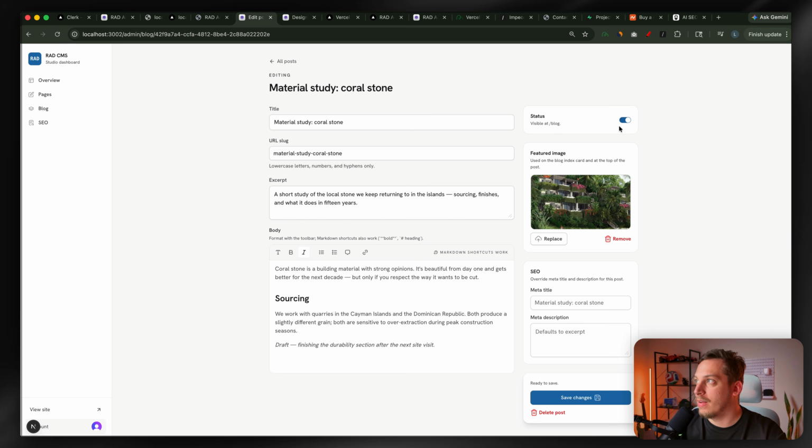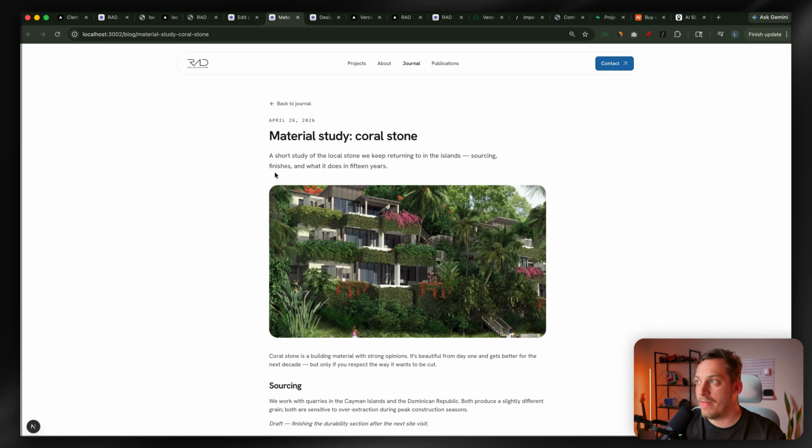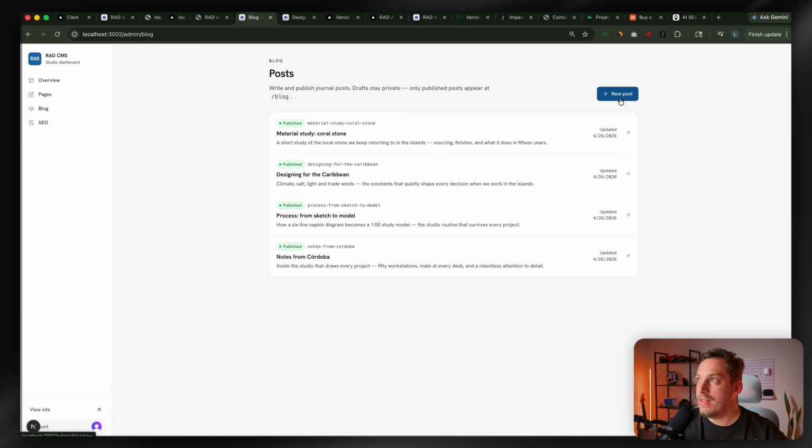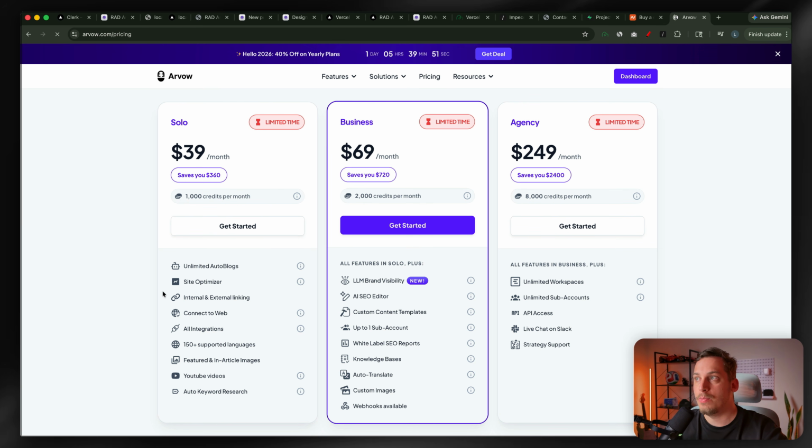And for example, I can undraft this, click on save changes, and then preview the page. So as you can see here, now we have the page published and we can create new posts. And one really cool solution here is to use arvow.com. And really, we can use a solo plan. It's $40 a month. You can include this in the pricing that you offer to this client for monthly